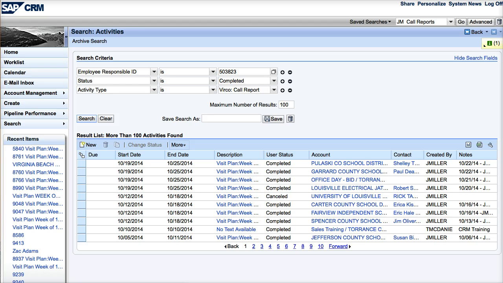With that being said, we've always done that in that Excel spreadsheet that we just sent to our managers. Now with CRM, we're going to be able to generate that straight off of the CRM page from the completed call report. As we've noted, every day we're making our sales calls, we'll be completing a call report for each of those calls.